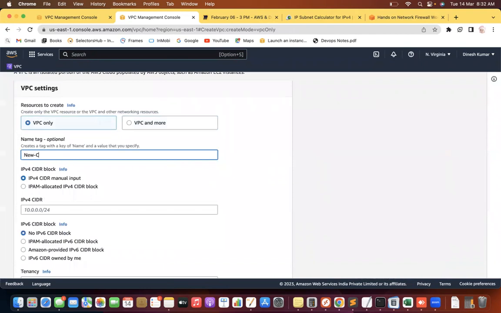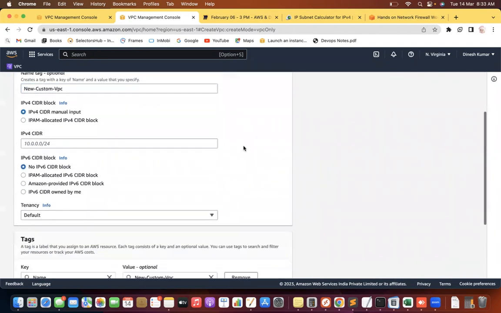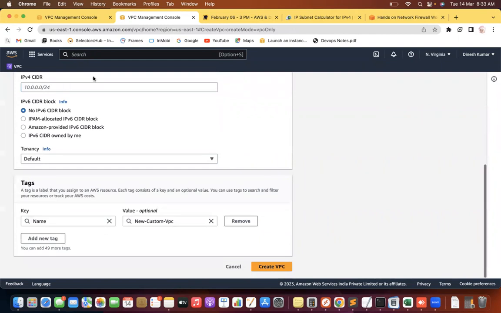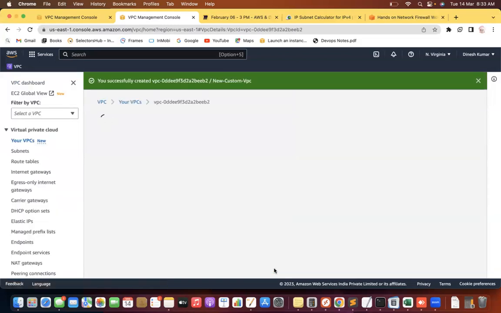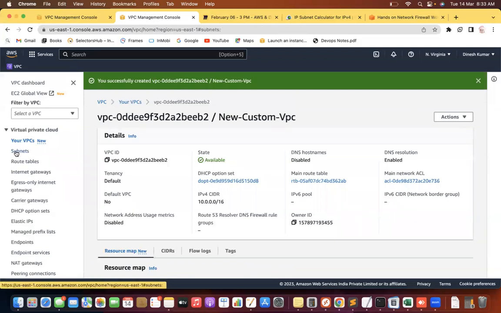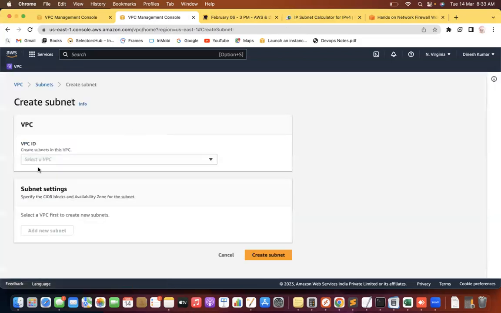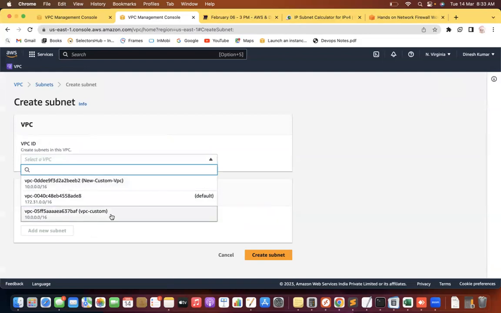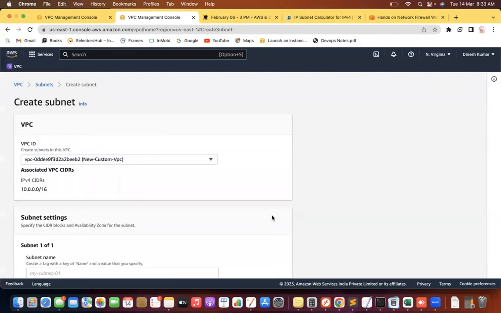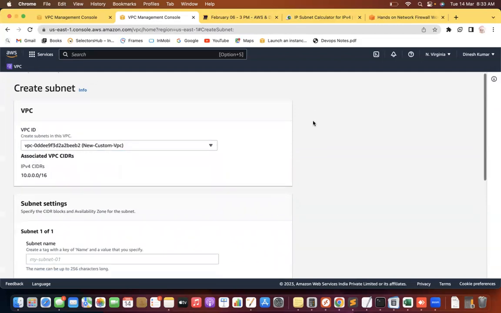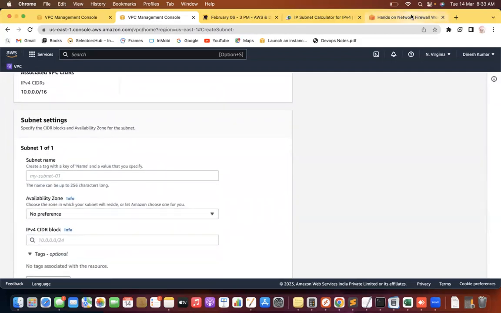It's my new custom-VPC. So make it as 10.0.0.0/16 and create a VPC. After creating the VPC, let me create a subnet also. So I will select my new custom VPC and I will give the custom